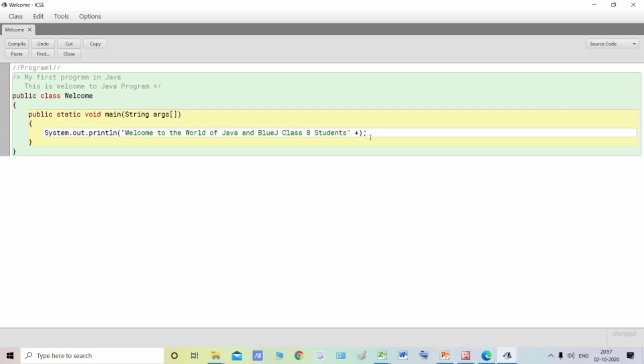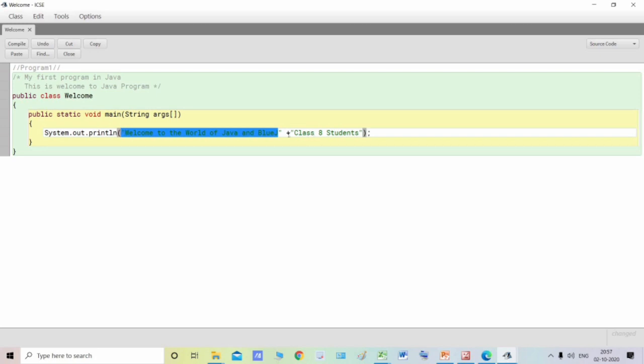If I use plus over here, and then write inside the double quotes something, students of, if I remove this from here and type it over here, whatever is written inside these two double quotes are separate things.